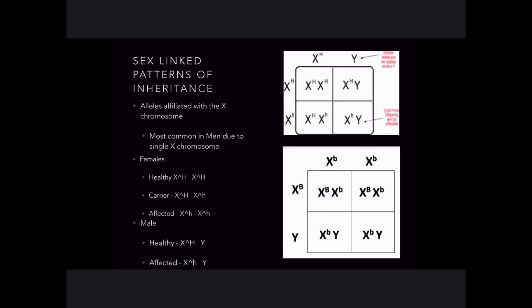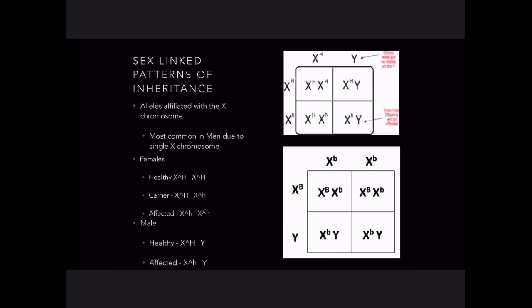The next pattern of inheritance, which we'll be looking at, is the sex-linked pattern of inheritance, in which the alleles are only affiliated with the X chromosome. This is because the Y chromosome is much smaller than the X chromosome, making the X chromosome the only holder for alleles. Now, sex-linked diseases and disorders are most common in men because they only have a single X chromosome. They do not have a backup like females, and it's important to note that sex-linked patterns of inheritance follow the